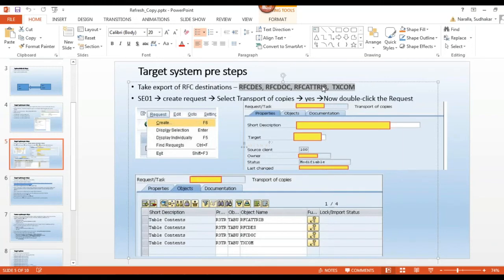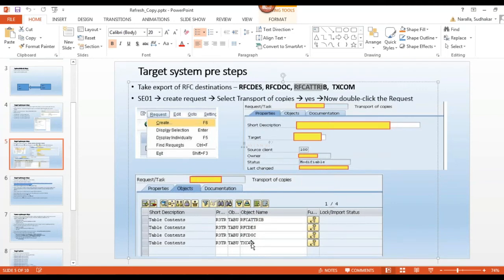I know the table names, so you need to provide them: RFCDES, enter. RFCDOC, enter. RFCATTRIBUTES, enter. TXCOM, enter.